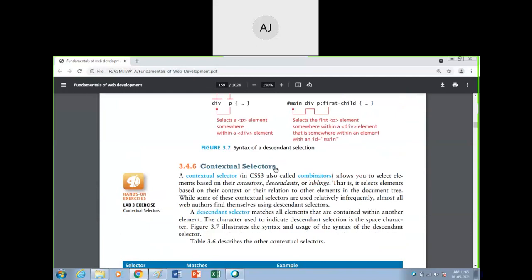Contextual means it is a combination, meaning there can be n number of selectors of different types. For example, one is an id selector and one is an attribute selector.